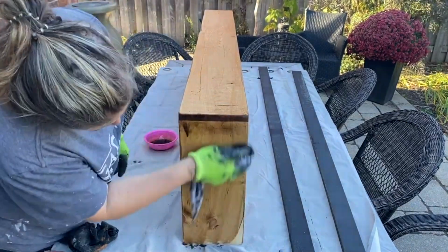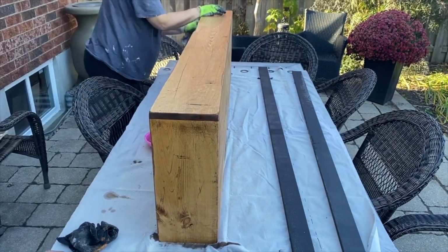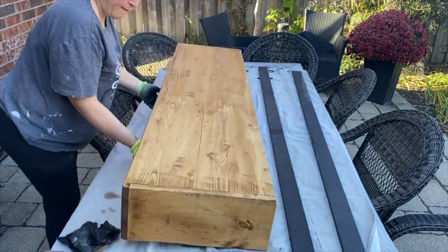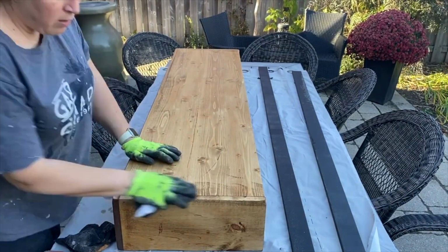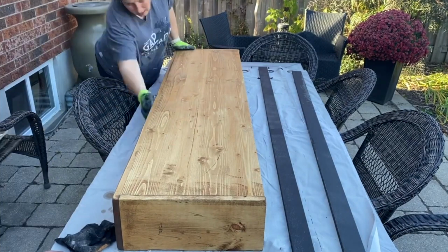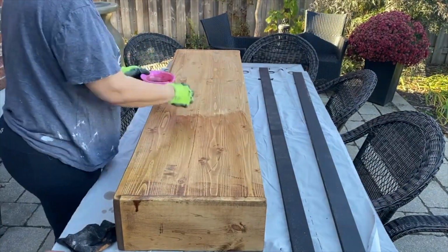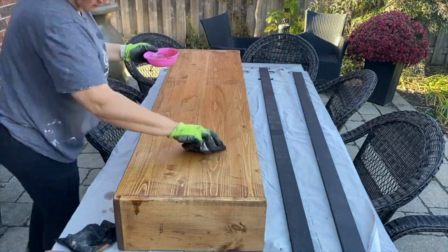Once I covered the whole surface, I go ahead again and wipe everything down. I do repeat this process twice, waiting approximately 4 hours in between. I love the way the stain ended up looking on this piece, and all the little dents and scratches that I made just picked up a little bit of a darker color and turned out really nice, making it look